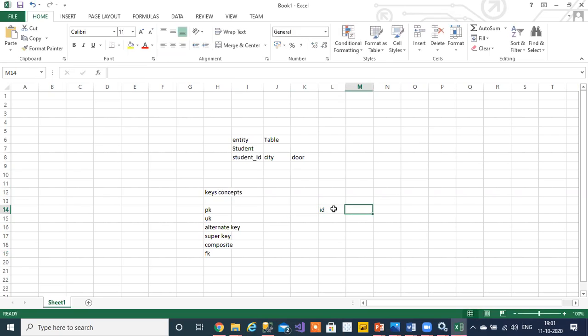Suppose we have ID, SSN number, name, city. You can see the fields here. ID and SSN are unique, isn't it? So whatever unique columns you have, you need to remember this. Whatever unique column, ID or SSN, this is known as